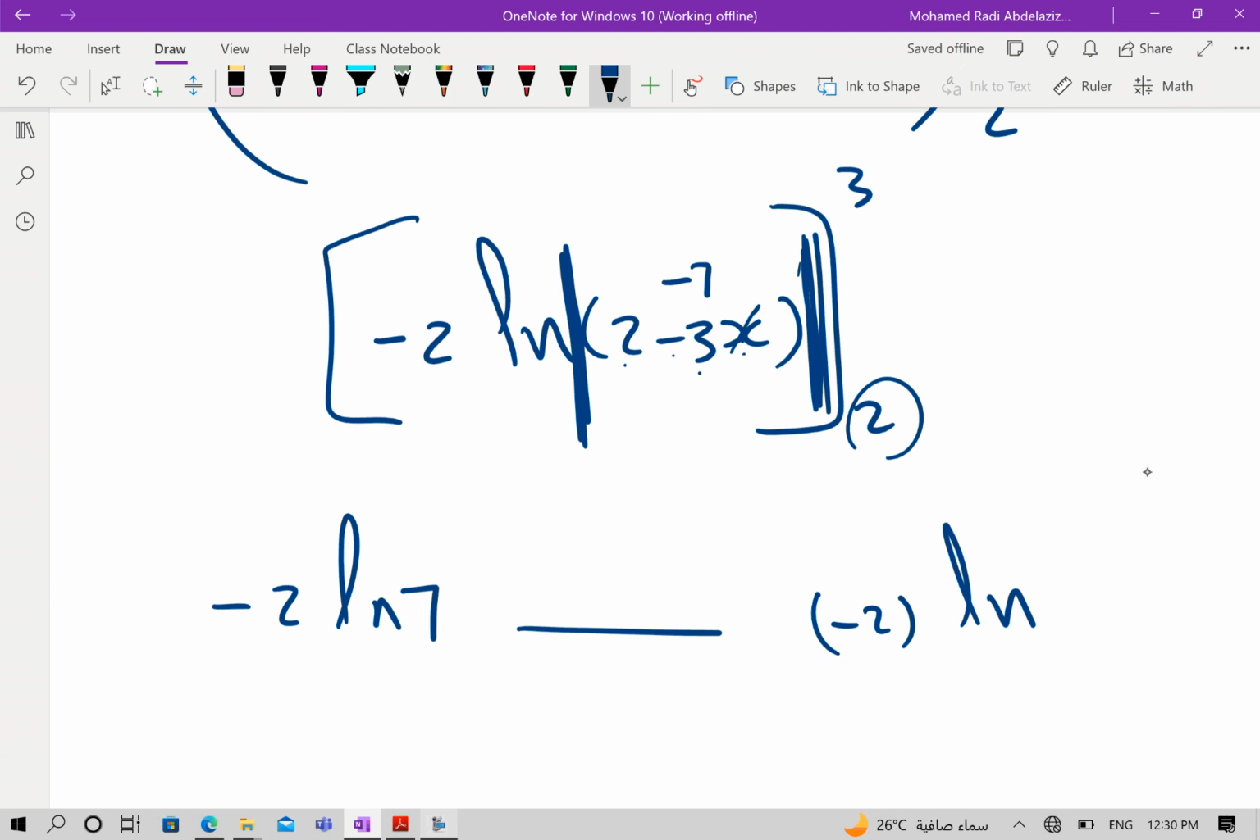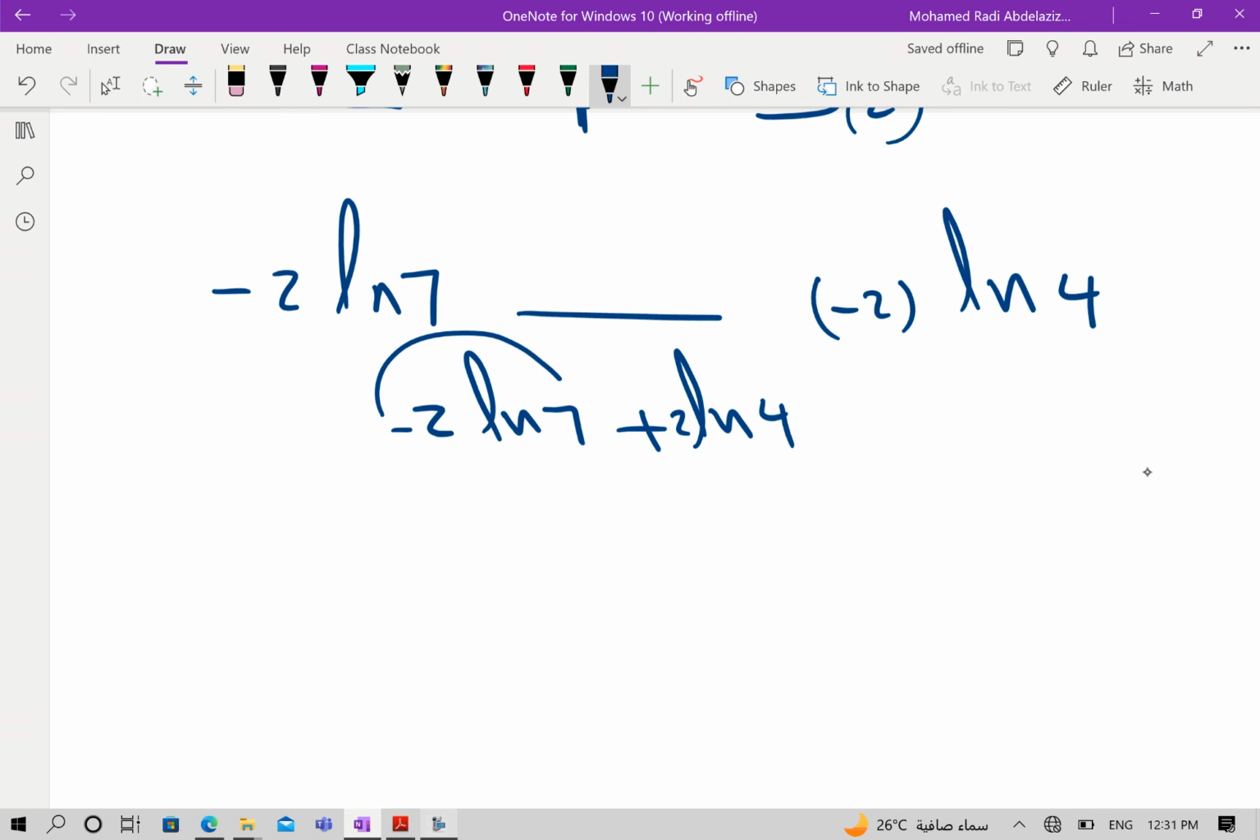If you substitute by 2, it will be negative 3 times 2, negative 6. 2 minus 6 is what? 4. Simplify your answer: negative 2 ln 7, negative is positive, ln 4. If I ask you to write your answer as a single logarithm,